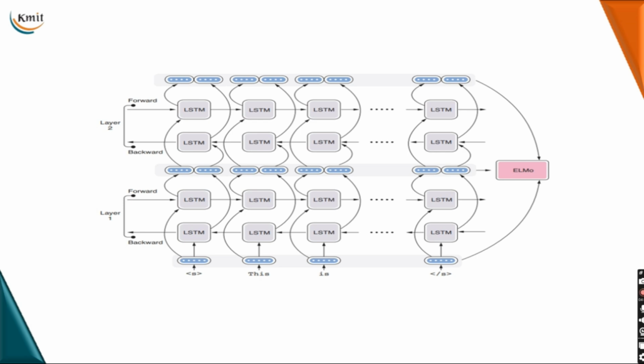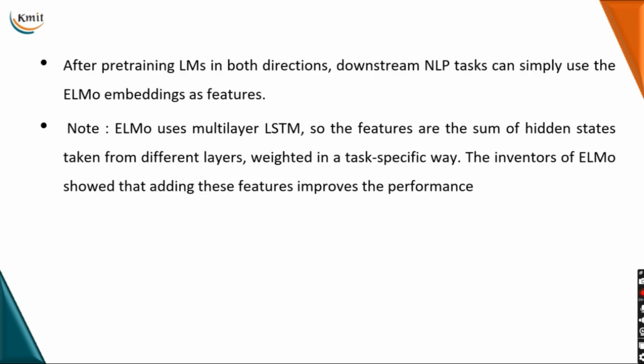You can choose words, but mostly it will be characters. It basically captures, even if it is words or characters, the inner structure of the word and then assigns it to the 2-layer word embeddings. Okay, so after pre-training the large language models in both directions, downstream NLP tasks can simply use the ELMo embeddings